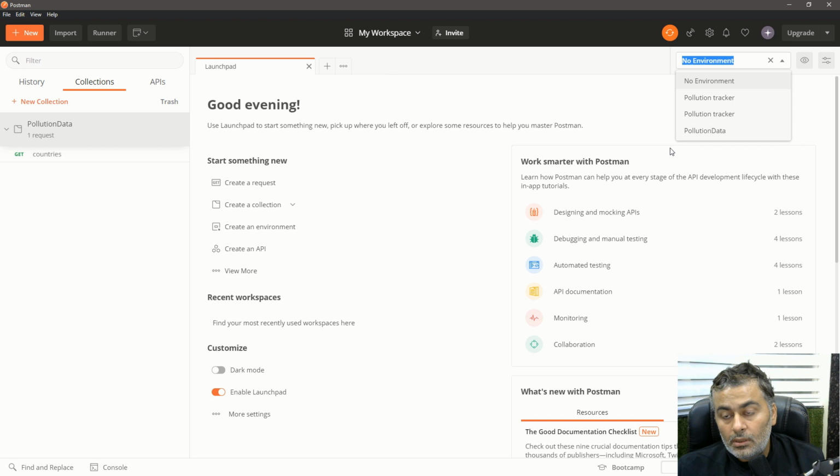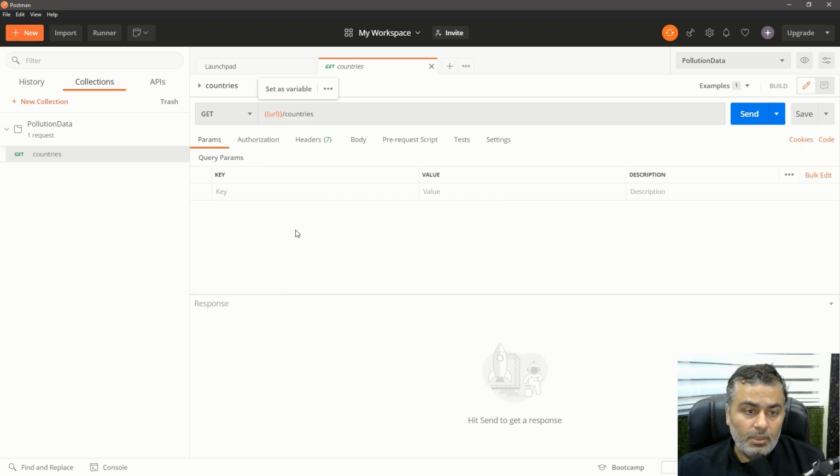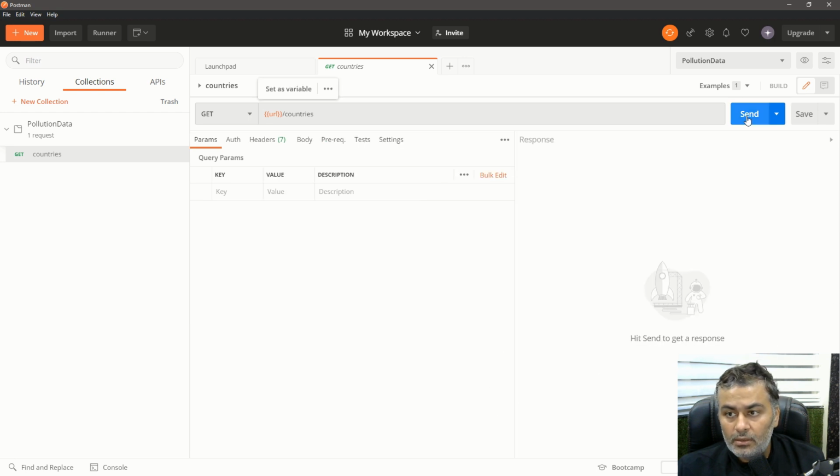Okay, and so we have this environment variable, because if you remember, when I was creating it, it asked whether you want to store this value in a URL, and I have stored it, and this is where it is showing me. So you can also create a new environment, and you can use different global variables which you want to use. So now if I query this, right now the response is on the right hand side. You can also change it using this up and down, but I like it left and right. So I just say send,